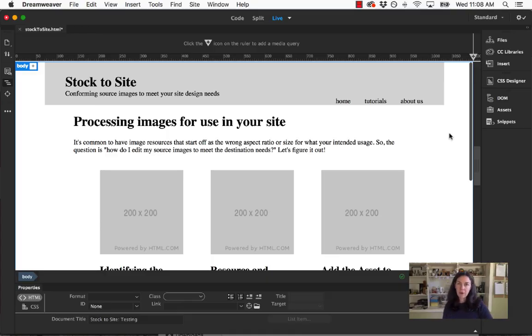Okay, so here we are. We are going to actually start the tutorial now where we are going to be adding image assets, visual assets into this sample web page. And before we get into the work that we need to do in Illustrator and Photoshop to optimize our images,